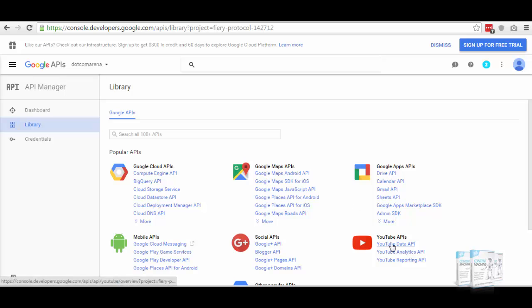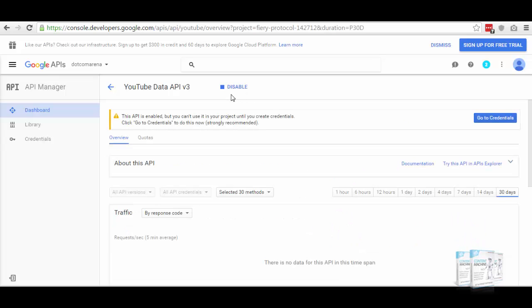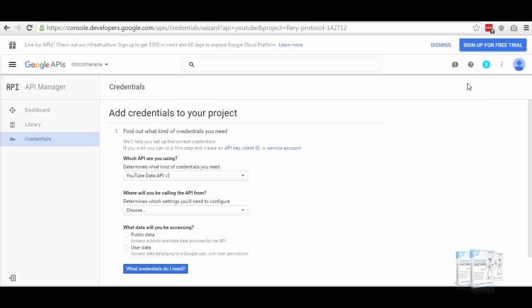So you go to YouTube, click on YouTube Data API, and click on enable. It's enabling. It has been enabled. So this API is enabled, but you can't use it in your project until you create credentials. So click go to credentials to do this now, and it's strongly recommended. So go to credentials, click that button, and then